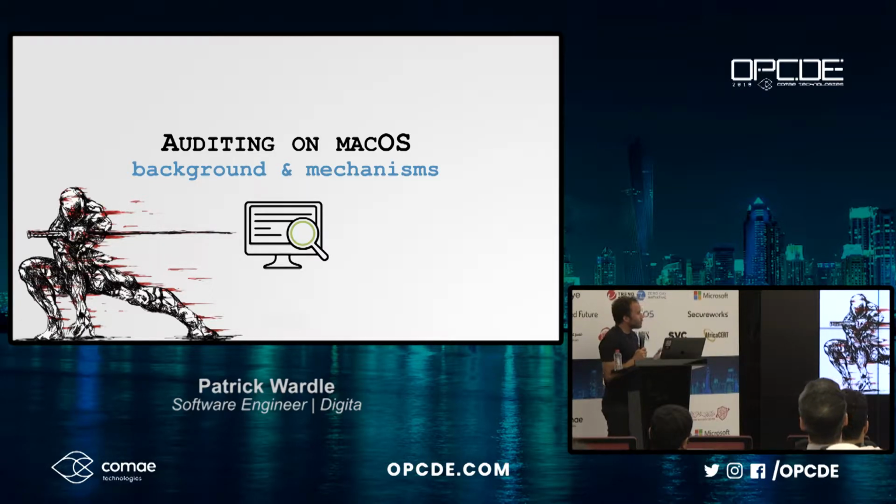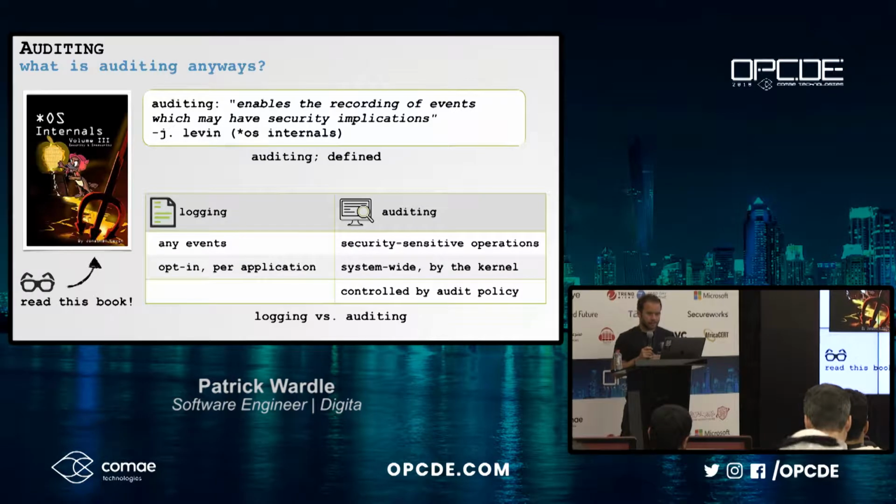So let's start by talking about auditing mechanisms on macOS. Now, first you might be wondering, what is auditing anyways? This is a question I had when I began this research. And there's a great quote from Jonathan Levin. Jonathan is the author of the very popular macOS internals books, highly recommended if you're interested in iOS and macOS internals. As he states in his book, auditing enables the recording of events which may have security